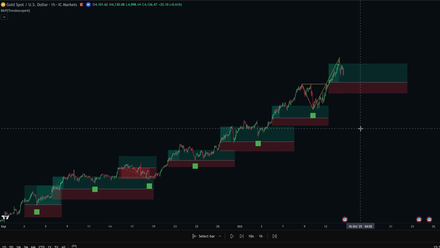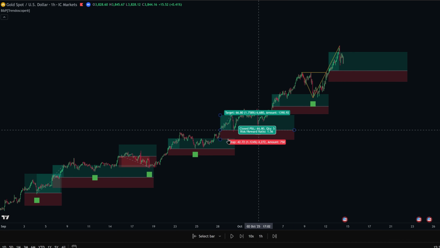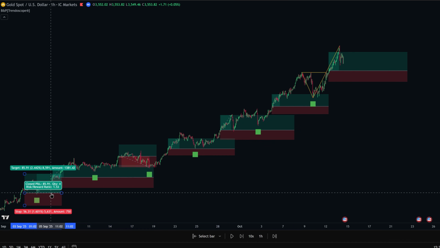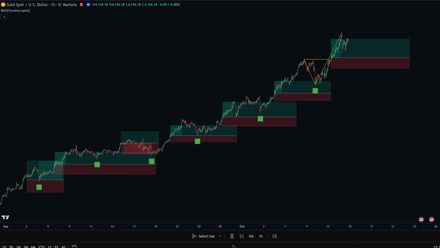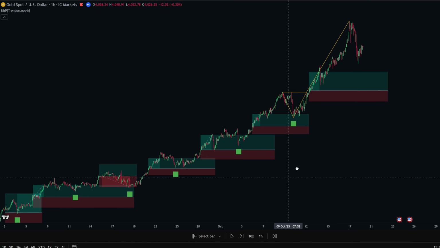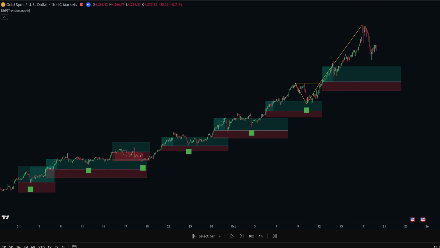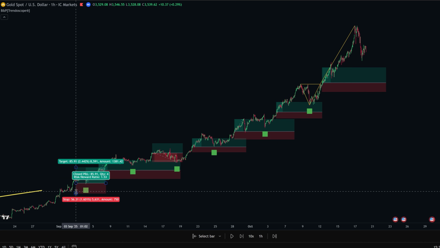This is all on the gold USD 1-hour time frame. We are actually at 7 trades right now with only 1 losing trade, and the rest all in profit. Now let's see if we can find another trade setup on gold. Looking forward, we couldn't find any more setups forming right now, but you can clearly see that from September 2025,